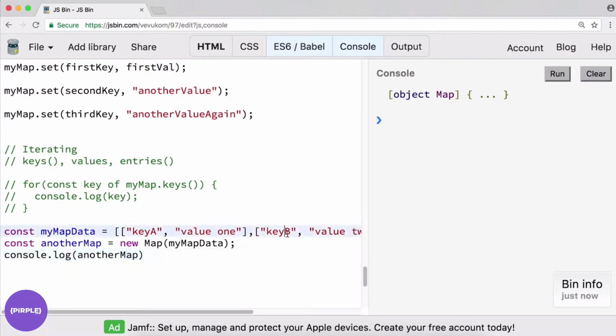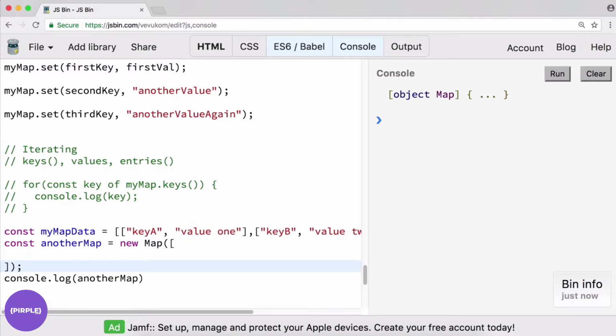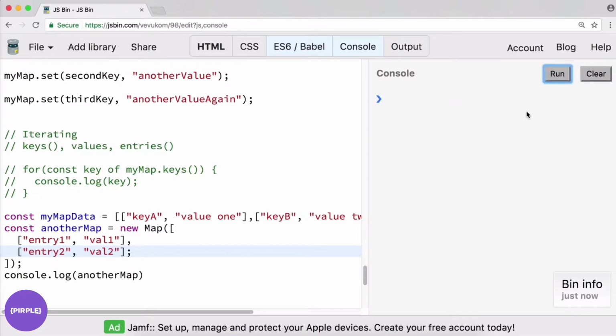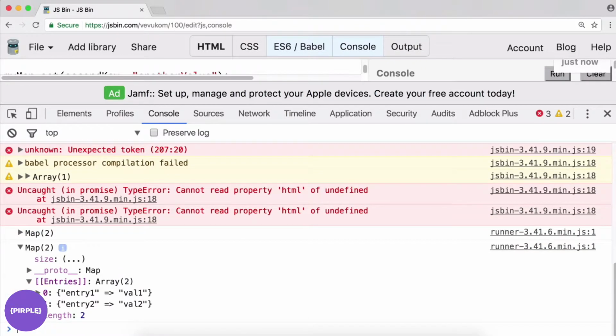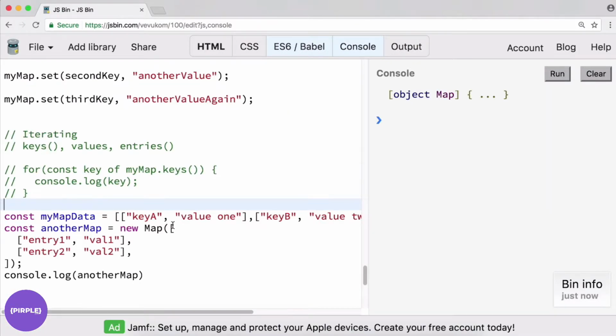And we could have done this another way as well, if we just directly put it in like so, new Map, and then for each map entry, entry 1, val 1, comma, entry 2, val 2. This will also work. Sanity check. And whoops, I shouldn't have put that semicolon there. Classic. Okay, there we go. And we should see that now reflected. Yep, cool. That's the map